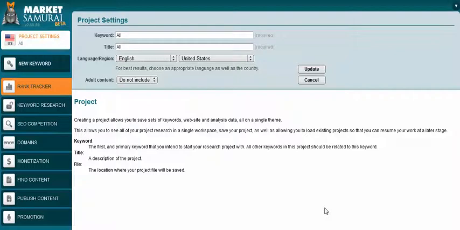Welcome to the video on using Market Samurai as a method to assess your competition in Google. Obviously, Market Samurai is not the only competition assessment tool on the market. There's also a number of other good tools, including Spencer Hawes's Longtail Pro, which I shall endeavor to do another video on, on how to use that particular tool. But for now, let me focus on the Market Samurai tool, which I'm